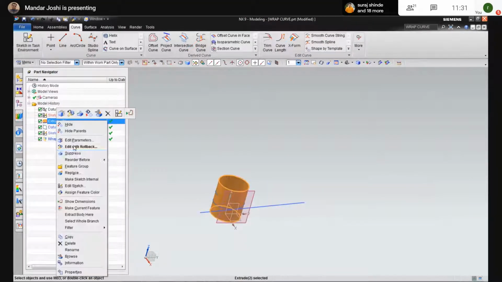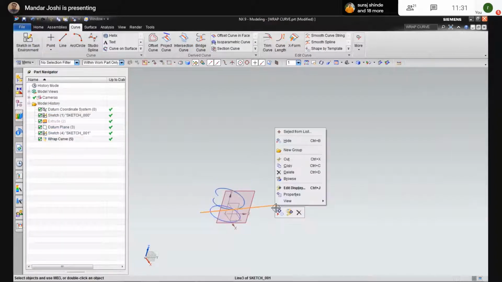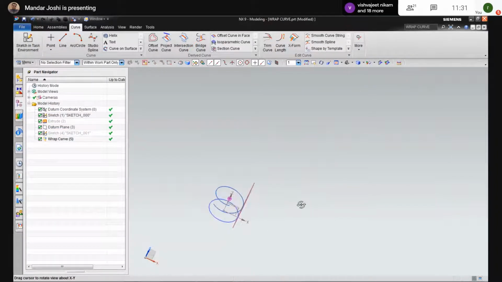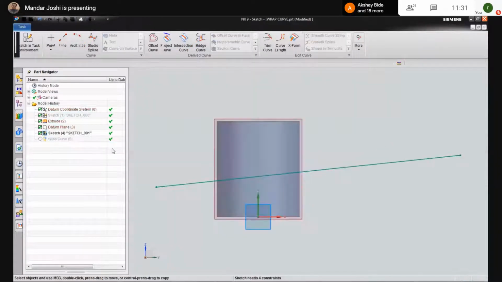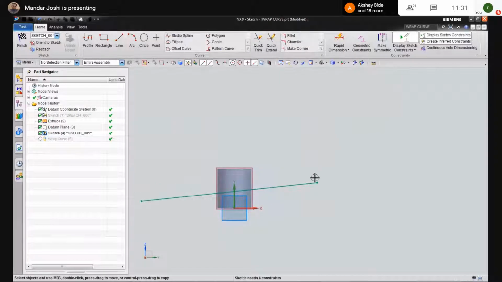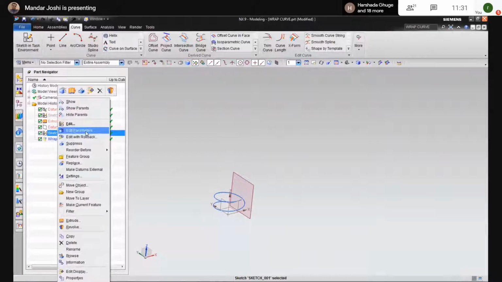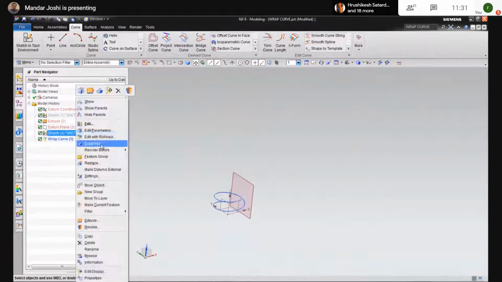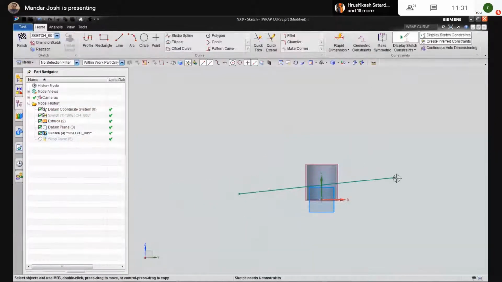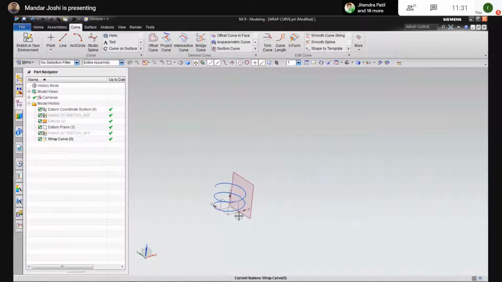Once the helix curve is generated, you can hide this cylinder and use it for spring purposes, to design the springs. If you increase this length, the number of turns also increases.